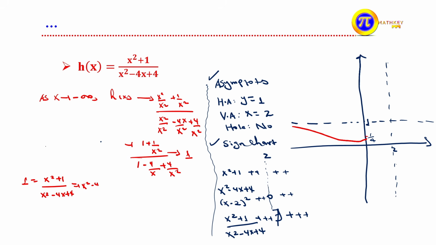This shows that x squared minus 4x plus 4 is equal to x squared plus 1 ይሆናል. We cancel this x squared by x squared, what remains is negative 4x is equal to, take this 4 to the right side, it becomes negative 3, but the value of x is equal to 3 over 4. 3 over 4 means here we have, let's take 1, 3 over 4 is somewhere here, at this point it crosses this one ግራፉን ክሮስ ያደርጋል